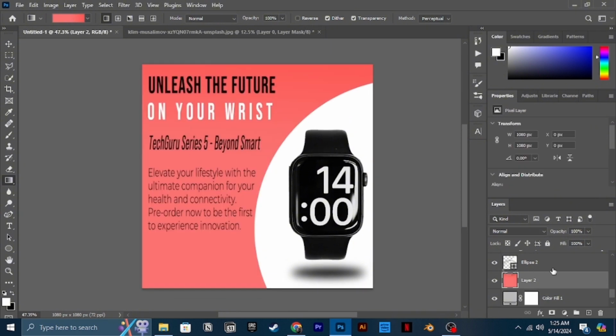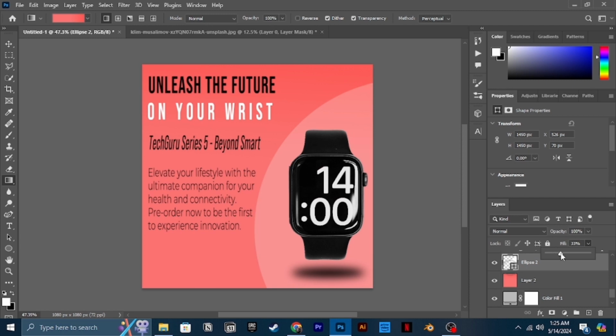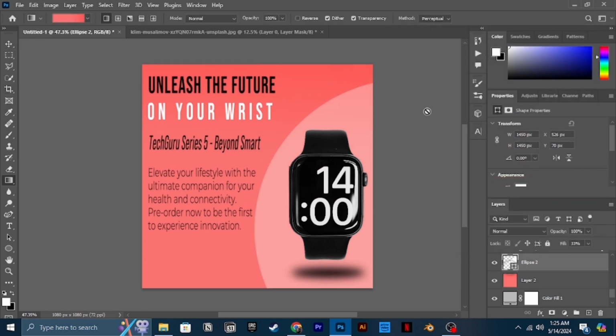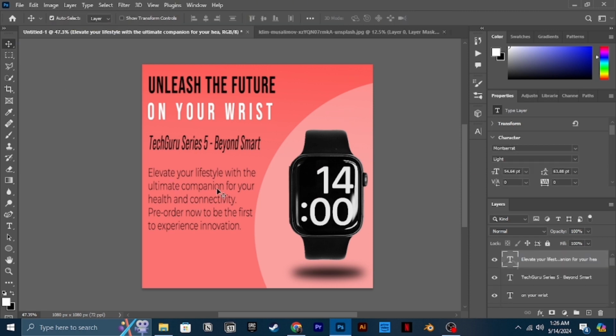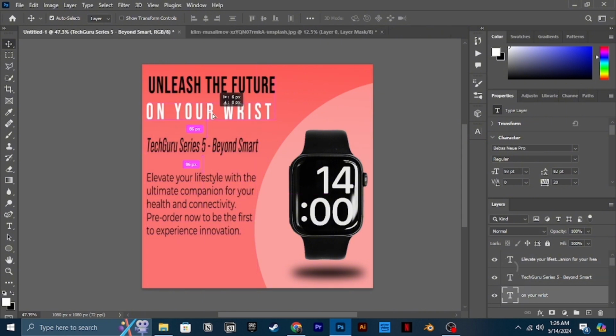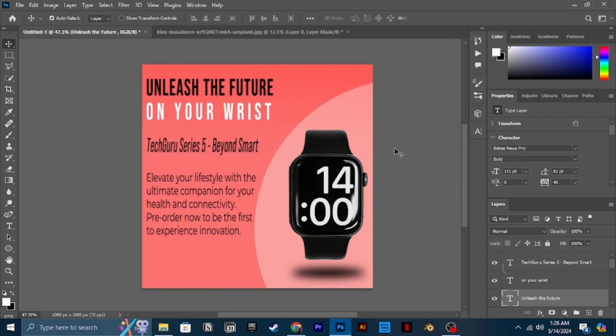So now I'm trying different gradients and different ways. This was the original idea, adding red and pinkish design. But I asked my brother what he thinks, and he thought it didn't match with the actual product.